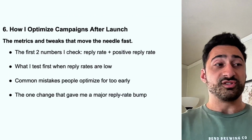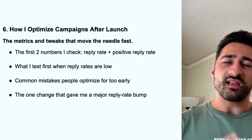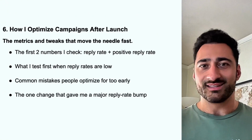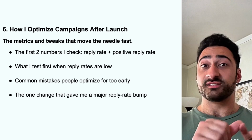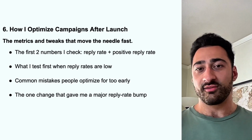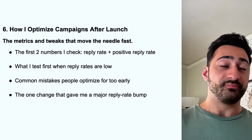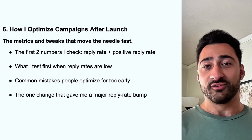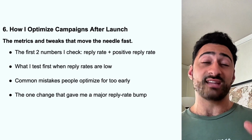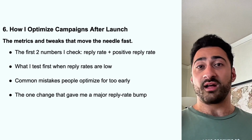And then last but not least, once you've launched your campaign, how do you optimize it? How do you make sure that it's performing up to snuff? There's only a couple metrics that you really need to track that tell you how things are going. The first two numbers I check are always the reply rate and the positive reply rate. If your overall reply rate is low, either you have really, really bad messaging or your offer is just bad, or, and what's usually the case, your deliverability sucks, which means that you need to get your tech stack situated. The second one is the positive reply rate, because if you are getting replies, but you're not getting that